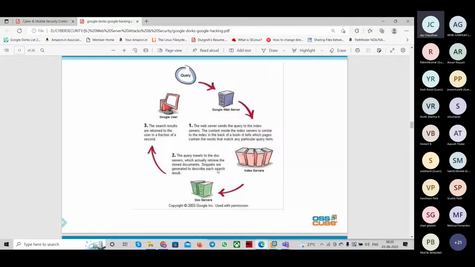And then it will go to the doc server, the document server. So the query travels to the doc server, which actually retrieves the stored documents. Snippets are generated to describe each search result. Okay, so there are many documents available in this doc server, so that after indexing, if you are searching regarding